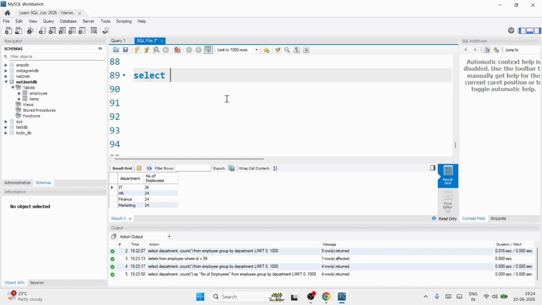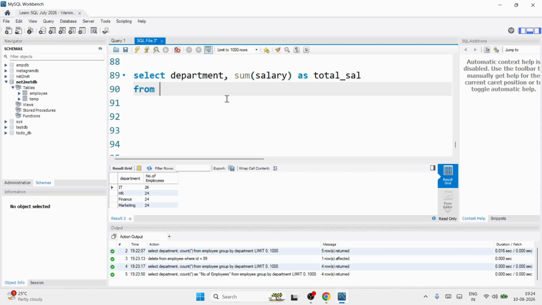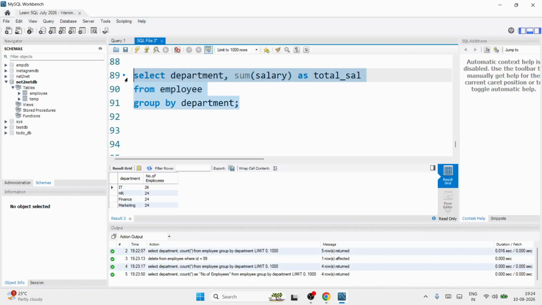So I can do it like this: select department, comma, average salary or sum of salary, as total sal I'll give, from employee group by department. So for each department, as many employees as are there in each department, their salary summation